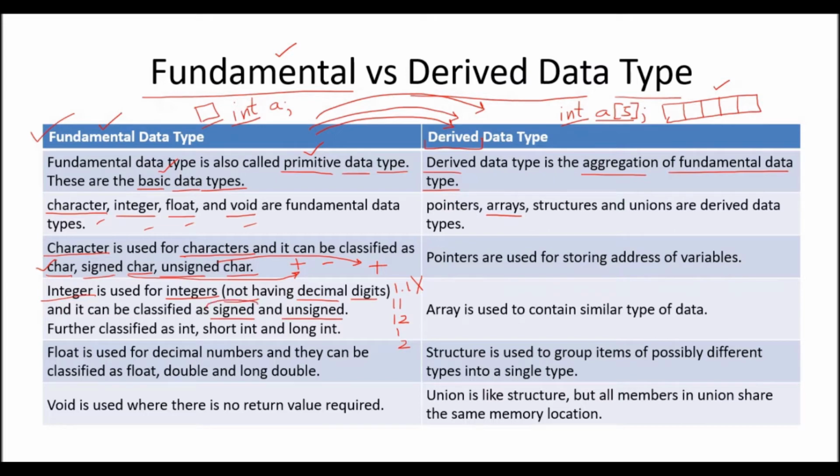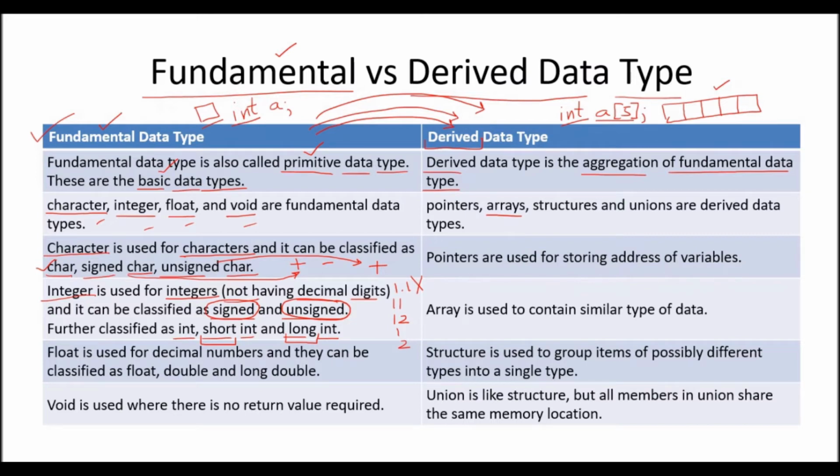See, signed and unsigned we can apply with any of the things, integer, float, right? So signed character, unsigned character. Signed means positive and negative. Unsigned means only the positive side. And further they can be classified into int, short int, long int. Now these can also be applied. Short, we know that it has a small memory of the integer. If we want something less than the integer, that is short. Long, if in the integer we want a long range, then we use long int.